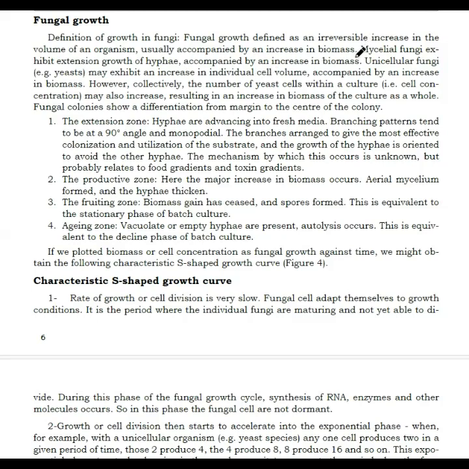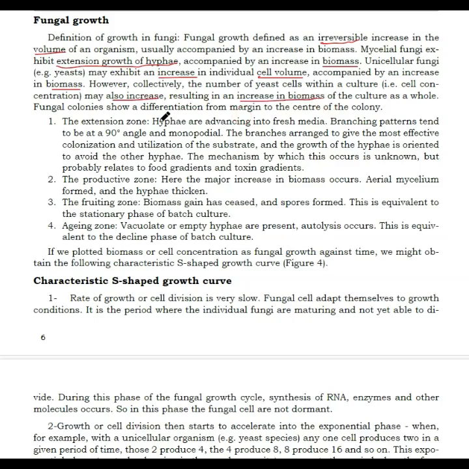When there is growth, there is an irreversible increase in volume. The mycelial fungi exhibit extension growth of the hyphae. The hyphae will extend, and there will be an increase in the biomass. And unicellular fungi, which are yeast, can exhibit an increase in individual cell volume and an increase in biomass. Similarly, the number of yeast cells within a culture may also increase, resulting in an increase in biomass